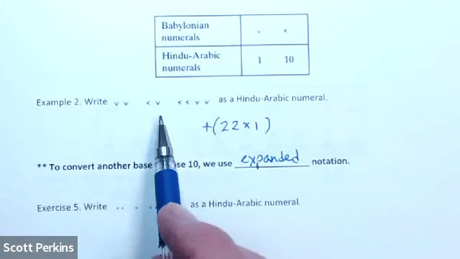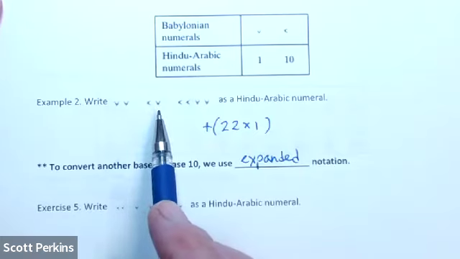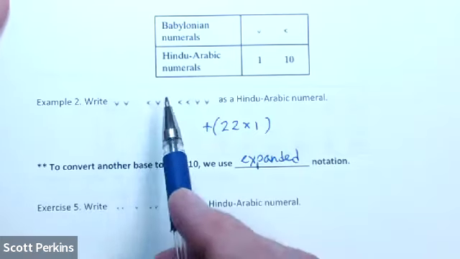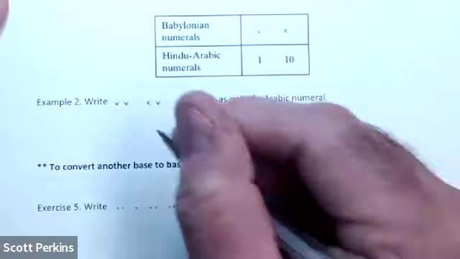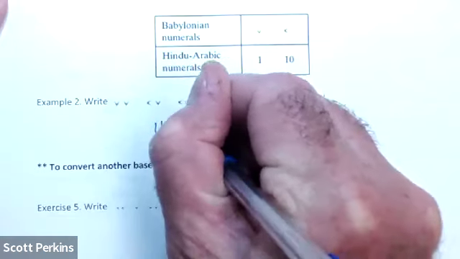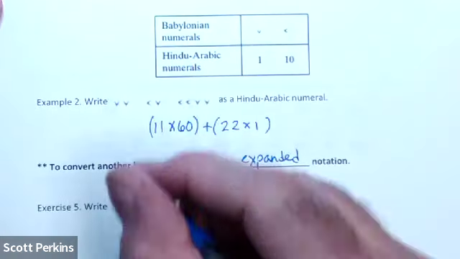Now the next place, and you can just look up above the table where we just wrote this a minute ago. The next place, as I go to the left, is going to represent groups of what? 60. Yep. So what I have here is 10, 11. So I have 11 times 60. I have 11 groups of 60. Plus